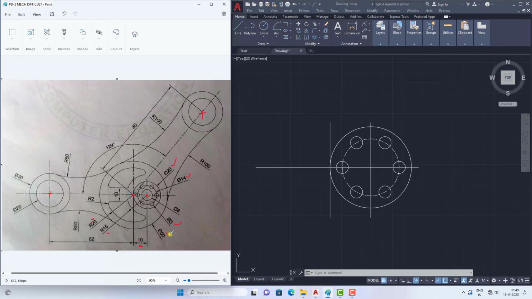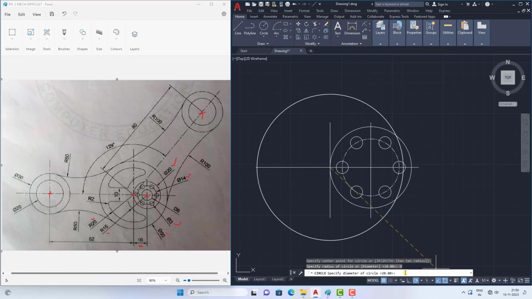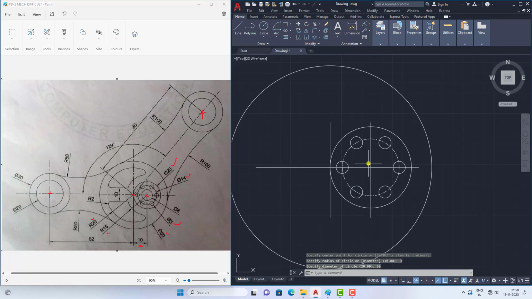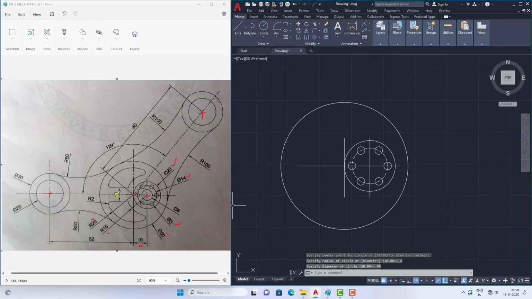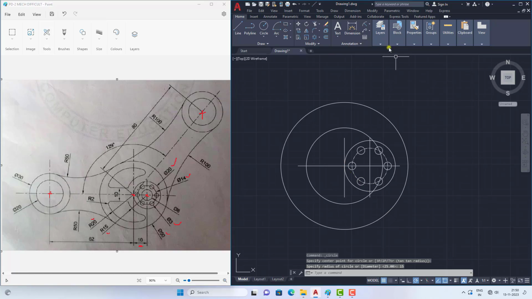And there is also a diameter of 50 using this center point. We need to draw 3. Firstly, taking this as the center point, I am drawing the diameter of 50. Give the value diameter 50. And there are two circles here: one is the radius 20 and one is the radius 15. So we need to draw two circles. From this center point I am drawing a radius of 15 and another circle of radius 20 and press